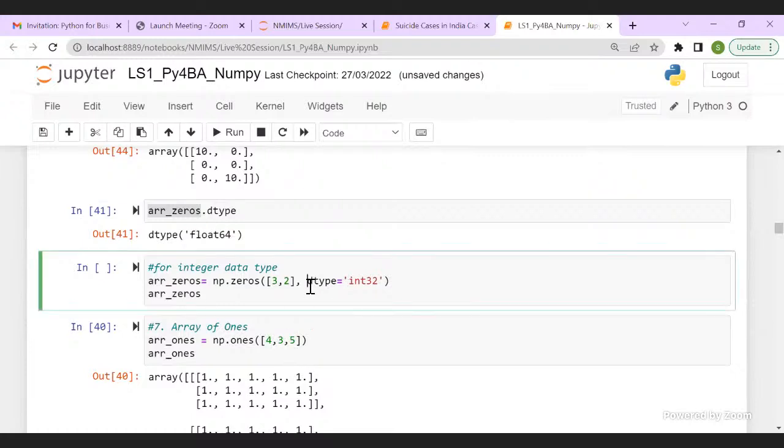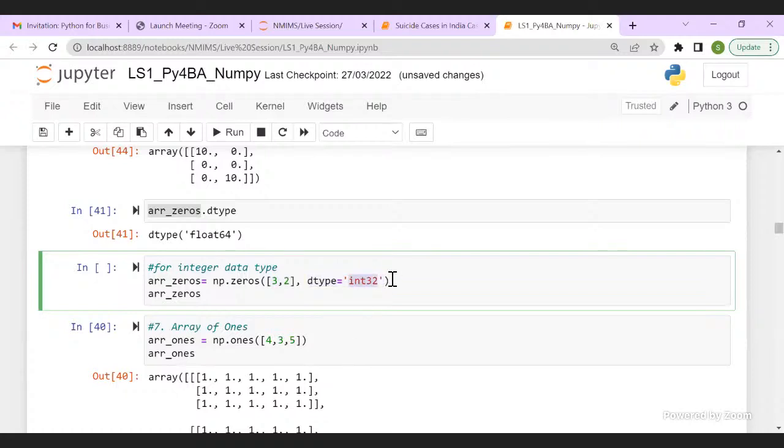So I'll specify my dtype here. When I'm invoking my zeros function, after giving my shape, whatever shape I want, 3 comma 2, 5 comma 5, 10 comma 30, I'll specify the data type to be int32.